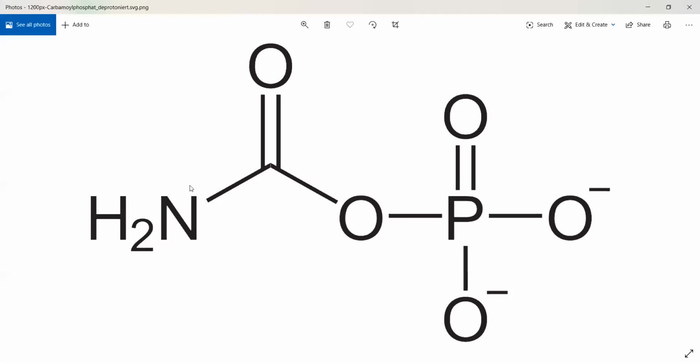This is the carbamyl group. You're replacing both the R groups with one phosphate and one nitrogenous compound, an ammonium ion. Here you end up getting carbamyl phosphate. This is carbamyl phosphate, in case you had a doubt.